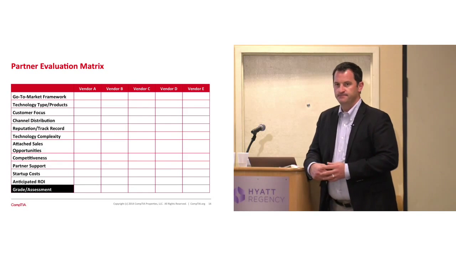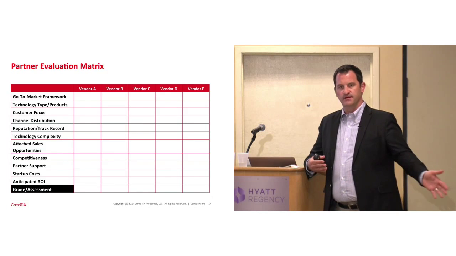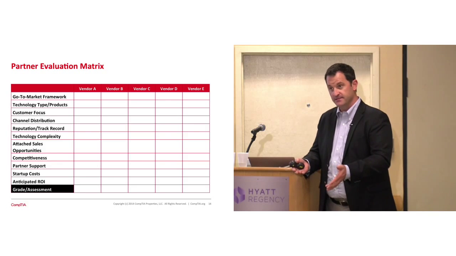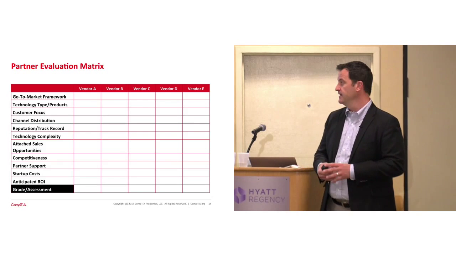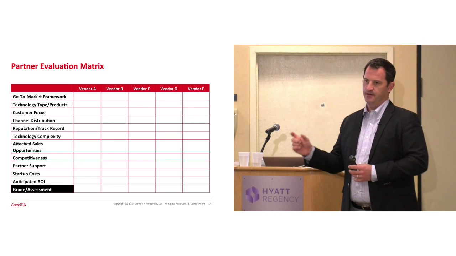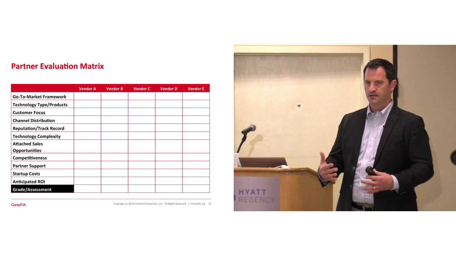Technology complexity. The reality is some of the best solutions tend to be the most complex. As a reseller, sometimes that works in your favor, and sometimes it doesn't. There's complexity that yields better results, and there's complexity that's just complexity. The reality is, for a lot of us, simplicity is key because we're charging on a fixed monthly basis per device or per user. So simple to use, simple to implement, and simple to manage yields more profit.